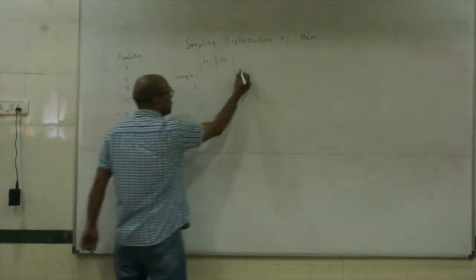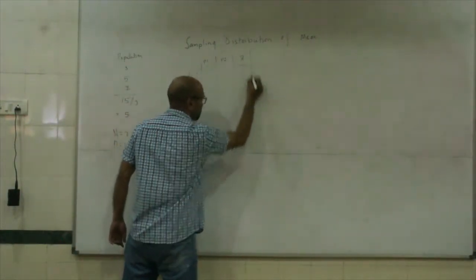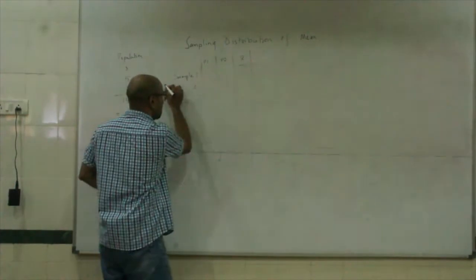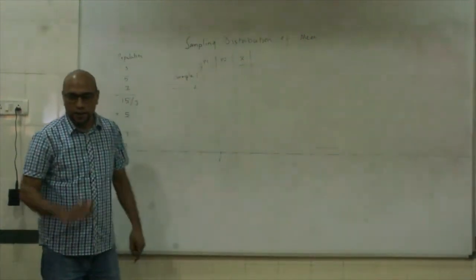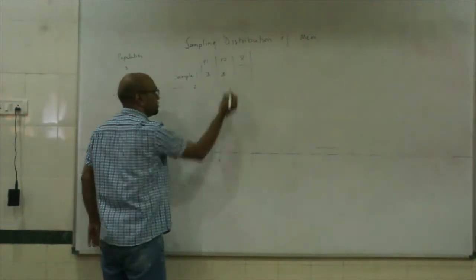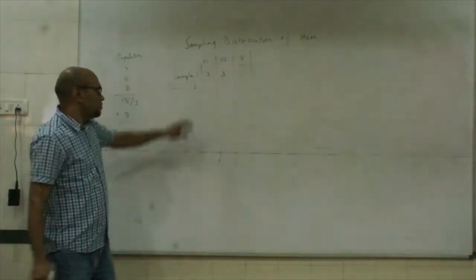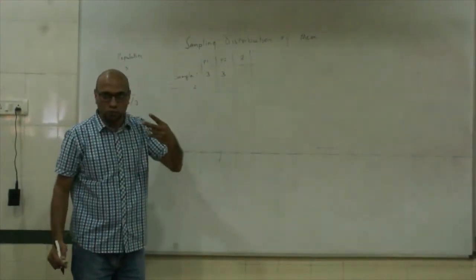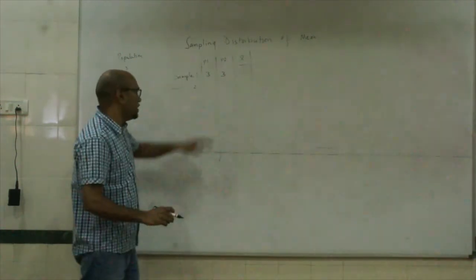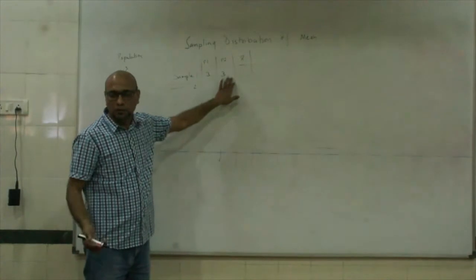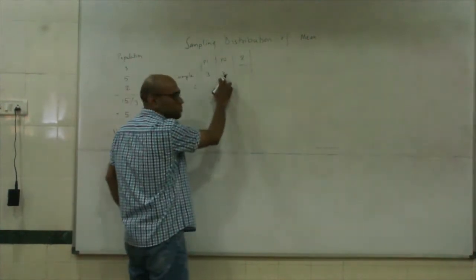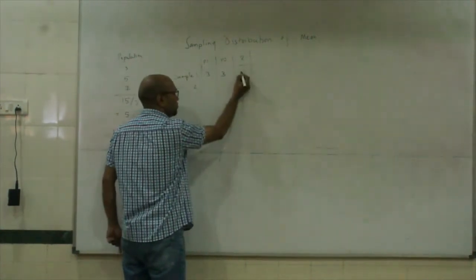I'll compute the mean for each of the samples. Okay, so I take a random sample from the population. For each of the samples, I will have a mean computed, right? Say for example, my first sample is 3, 3. Okay, first I have n of 2, so I randomly take two values. One value is 3, another value is 3. The mean of this particular sample that I have got is 3 plus 3 upon 2, that is 6 upon 2, is 3.